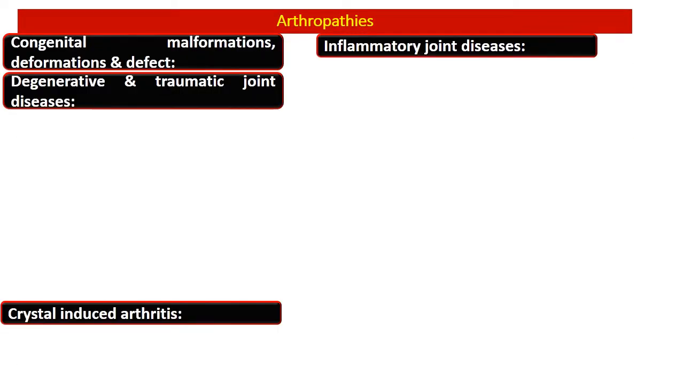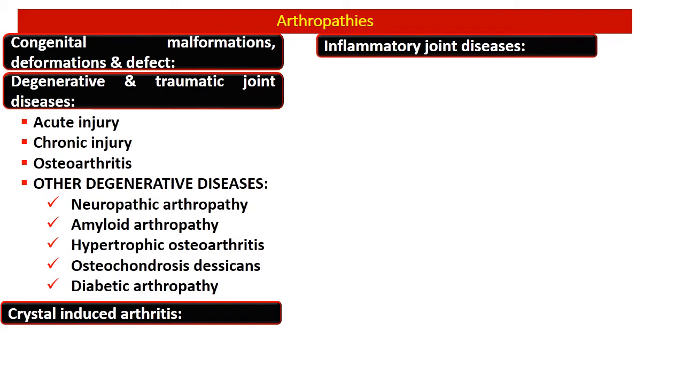The arthropathies have been divided into four major categories: congenital malformation, deformities and defects; degenerative and traumatic joint diseases; crystal-induced arthritis; and inflammatory joint disease. The group which includes acute and chronic injury, osteoarthritis, and other degenerative diseases such as neuropathic arthropathy, amyloid arthropathy,